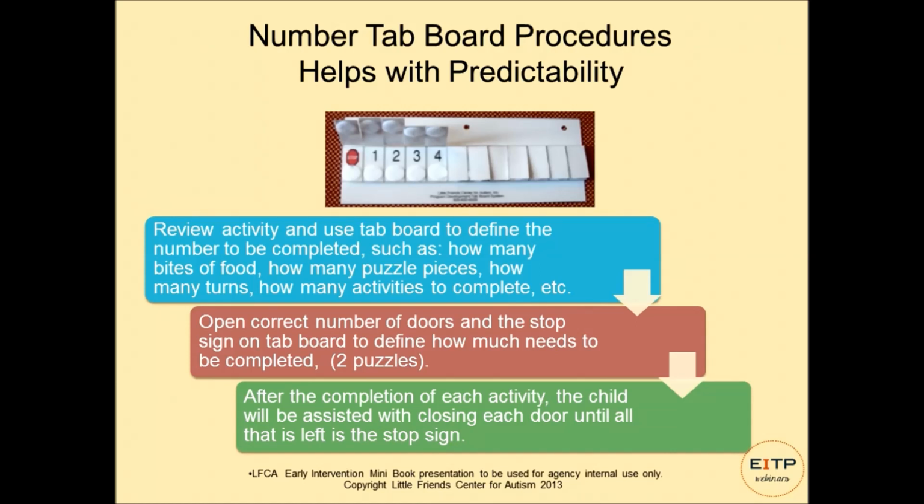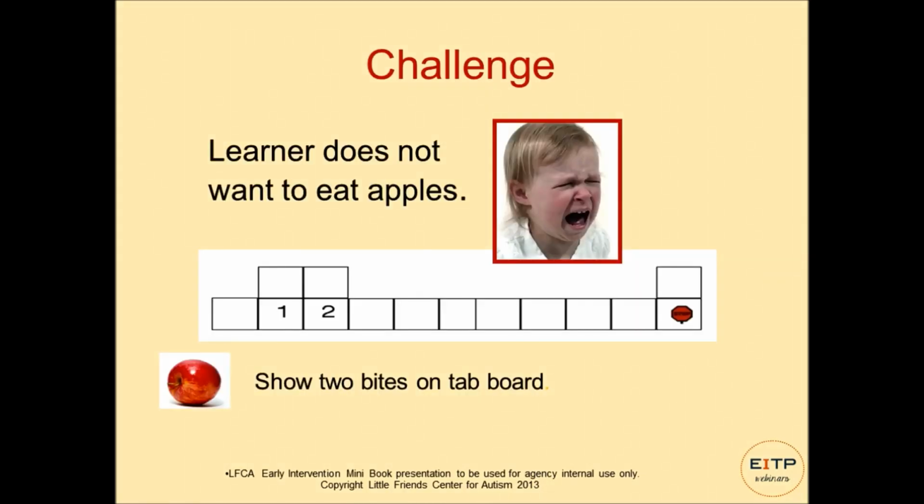And this gives that child a real sense of regulation, because they can see. This is great for things that kids like and don't like too, because if I don't like something, then I know I only have to do 2. If I love something, I prepare myself that it's almost over. So it's actually not only a system of predictability, it also helps me transition that this is almost over, whether it's something I like or something I don't like. So the next picture